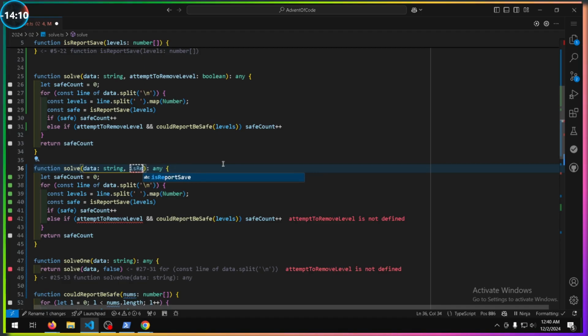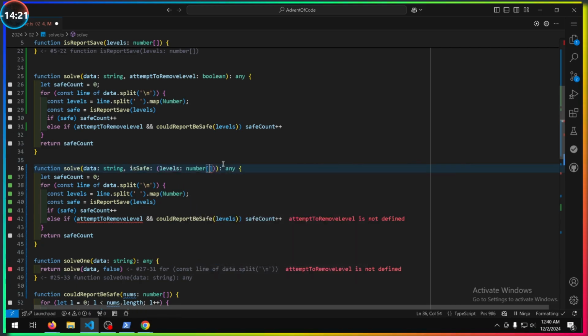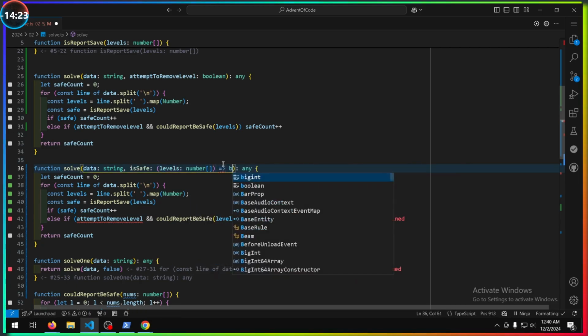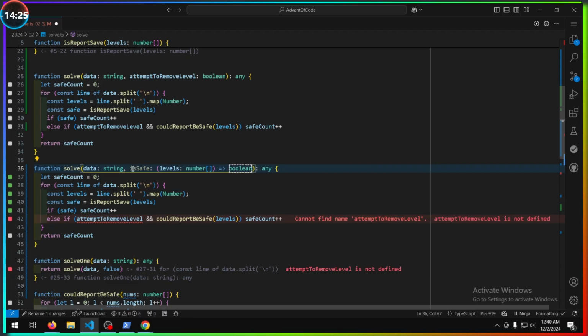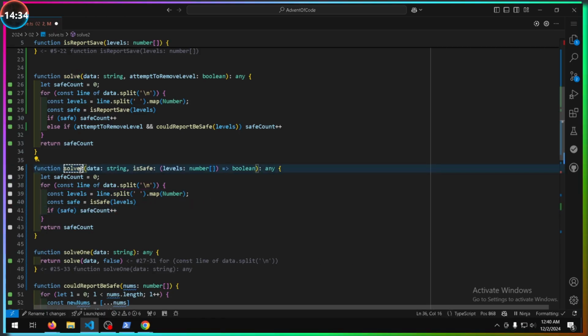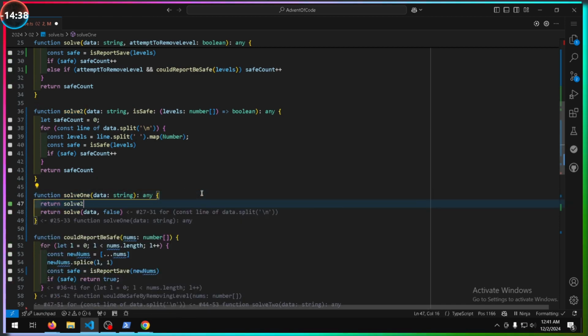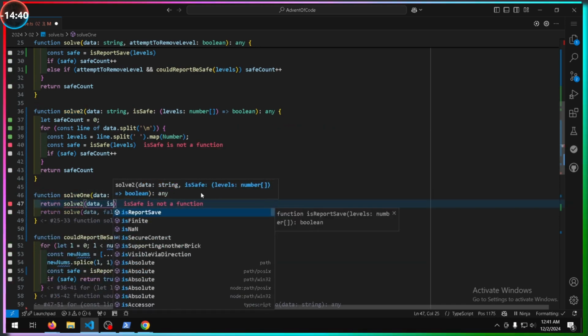I don't like naming these things. I'll call this is safe. It's parameterized, so it's a function you pass a little callback that says levels number to do, and you're supposed to return me a boolean. And then it's like that, and it's like that. So it's like, hey, this hasn't really done anything for us. Well, the trick is when we call it. So we'll call it to say data, and then the first one is just,